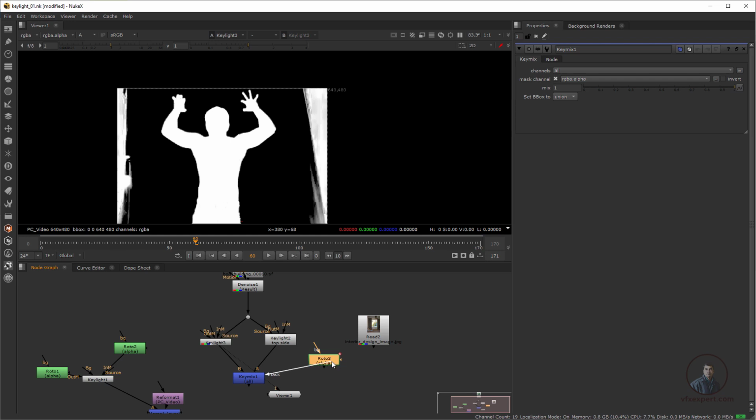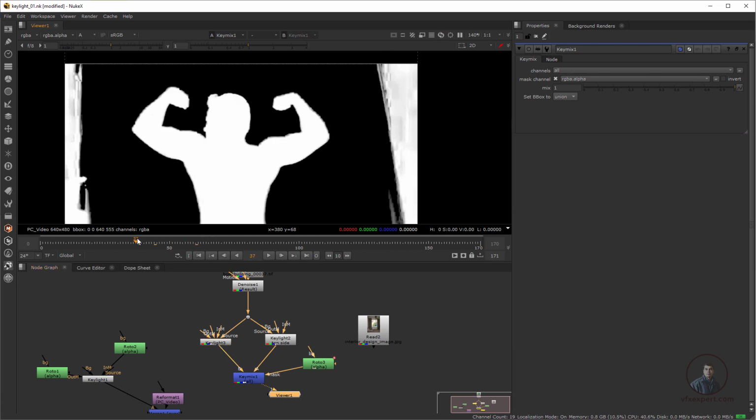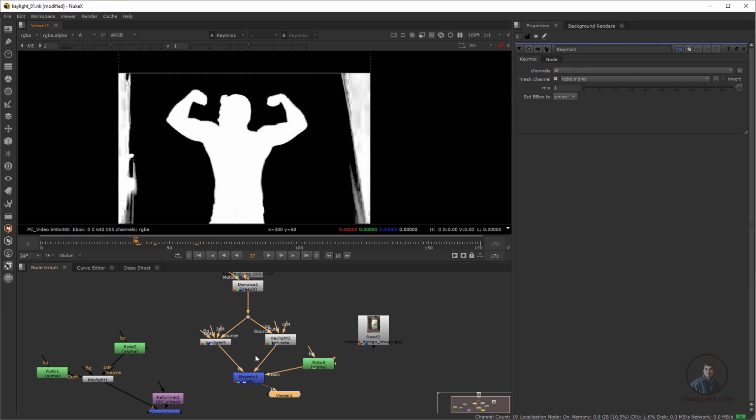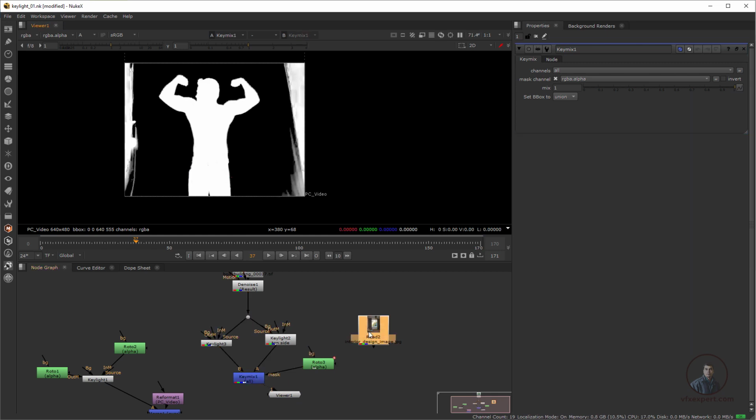What it will do is take a portion from this Keylight according to the Roto shape. Now select this one and press 1. Now you can see all the details are here. If you want, you can check it like this. If you select this one and press 1, you can see it without this Keylight, and now again press 1. So like this you can combine multiple Keylight nodes.